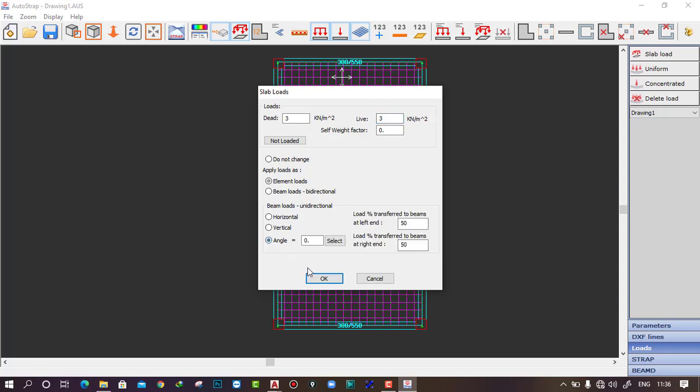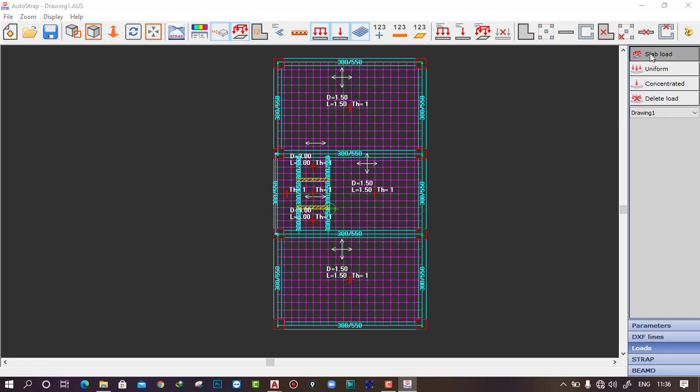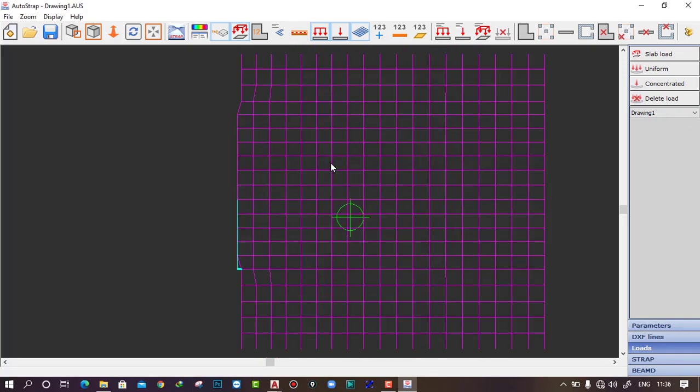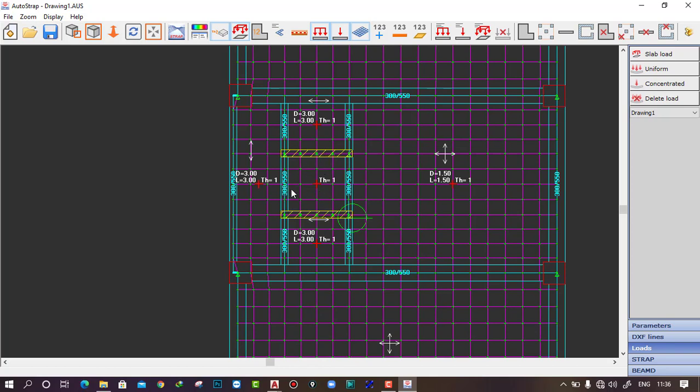It will be in angle direction 0. Click on OK. For this load, this particular space, dead load 3, live load 3, and the direction will be 90 again, and click on OK. Now see, for this space where I'll be having my lift,